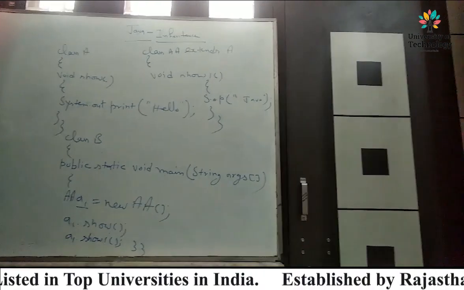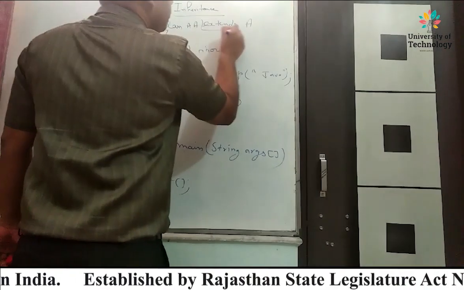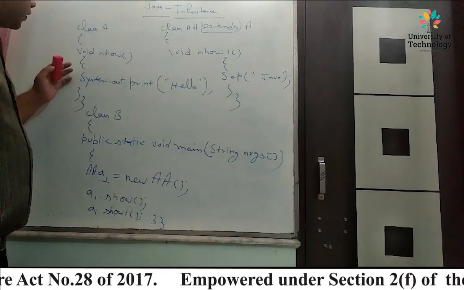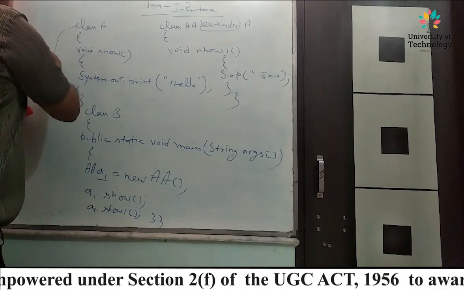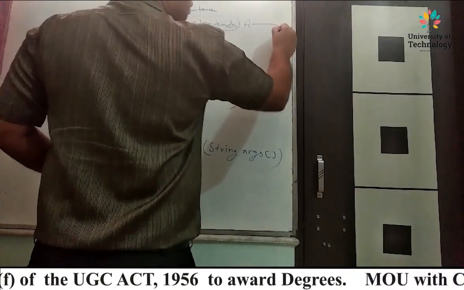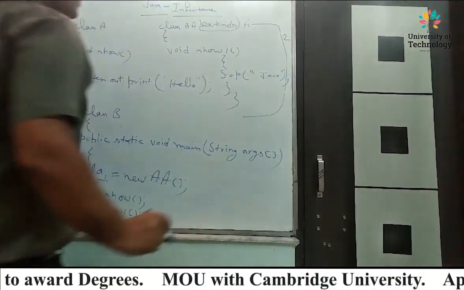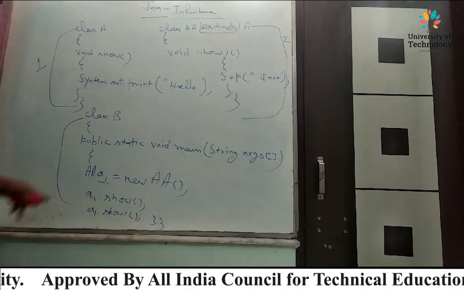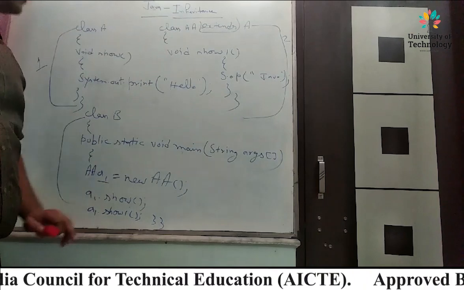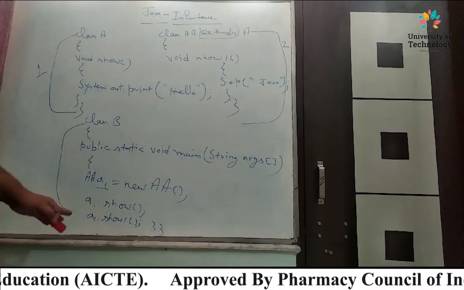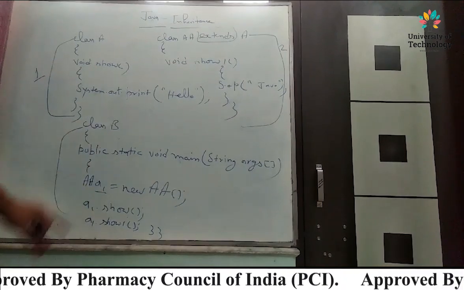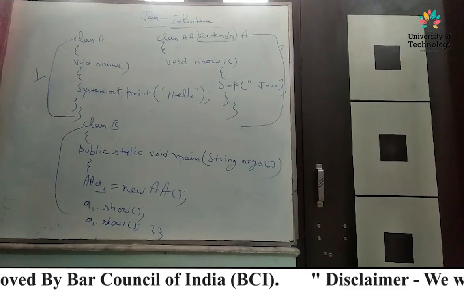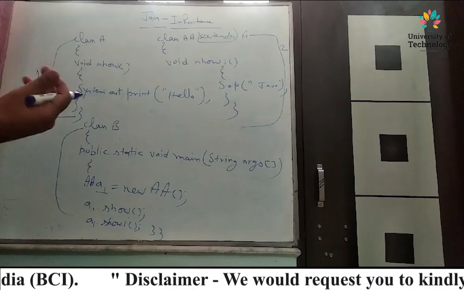Once again, this is how to attach two classes with the help of the extends keyword. Class A has a void show. This is class one, and this is the second class. Here we created the main class and main method. Inside the main method we create an object of this class, and we call the methods show and show1. This is called single level inheritance. If we talk about multi-level, we have to attach one more class.